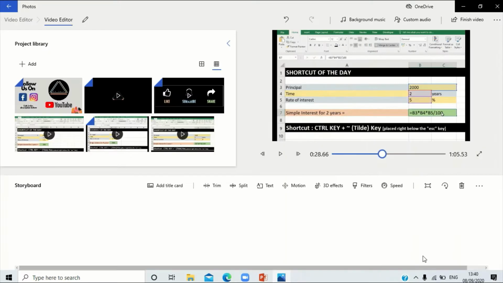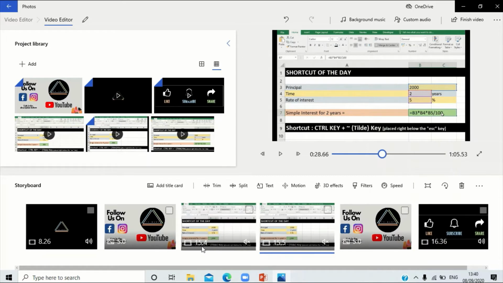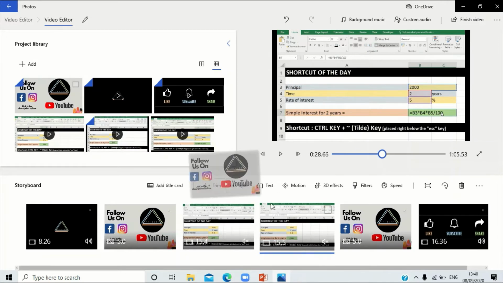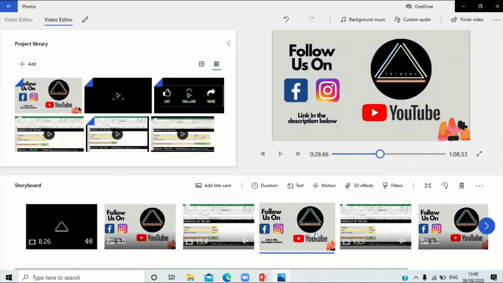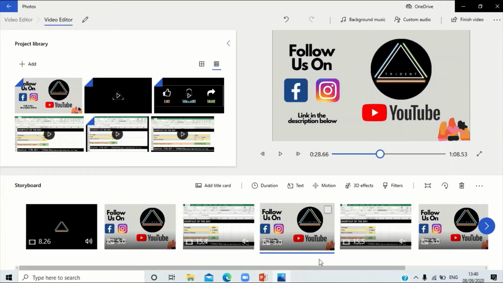So when I click on done, what happens is now I have a 15.4 second video and a 15.5 second video instead of the 30.9 second video that I had earlier, and it becomes very simple if I do need to, suppose, insert this again in the middle for 3 seconds. So now it becomes simple for me that I have the first half, again I have this in the middle, and again I have the second half now.